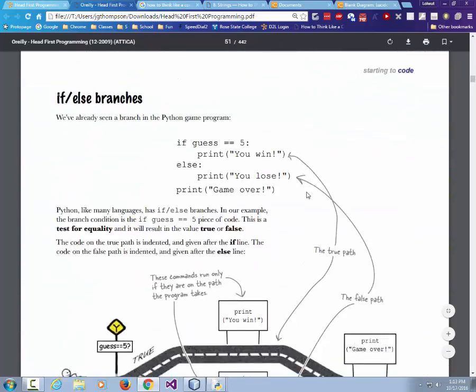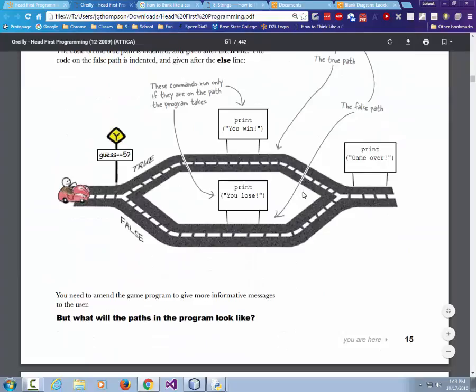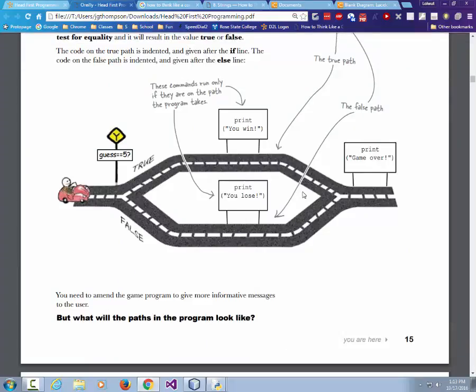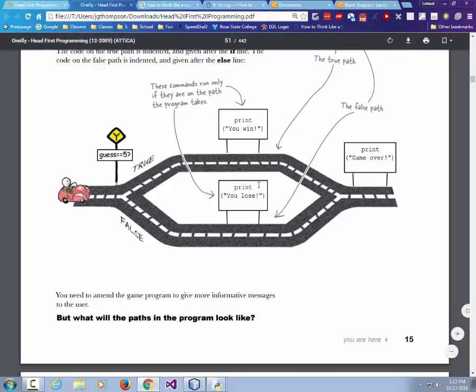So what this author is doing is road maps rather than flow charts. Is guess equal to 5? Yes, it is. Print you win. No, it's not. Print you lose. Well, a flow chart is really,